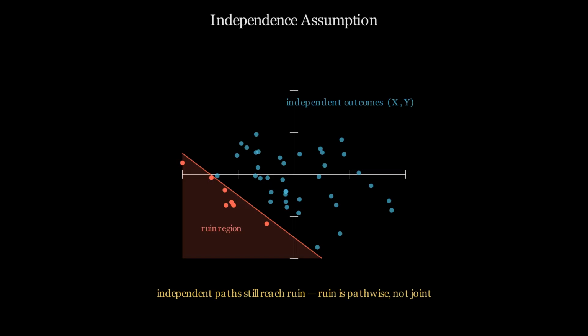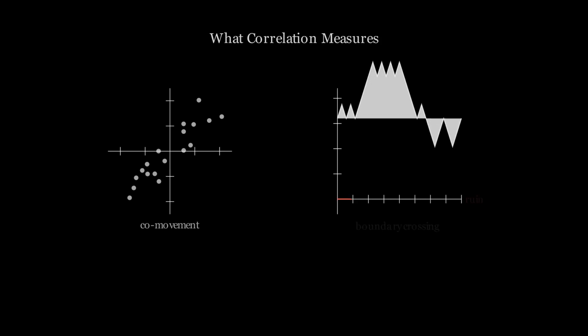Independence is one property of the joint failure distribution. Absorption by a failure threshold is another. Correlation between component failures measures the tendency of failures to co-occur. It describes linear dependence between failure events. It does not measure the proximity of any individual component to its failure threshold. Correlation and absorption are structurally different objects.